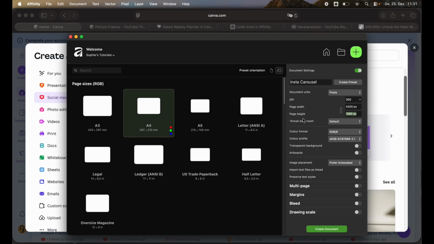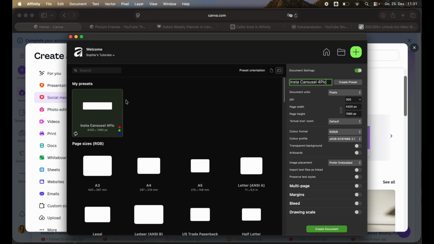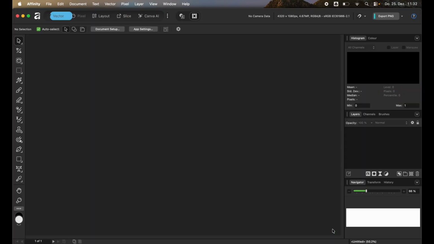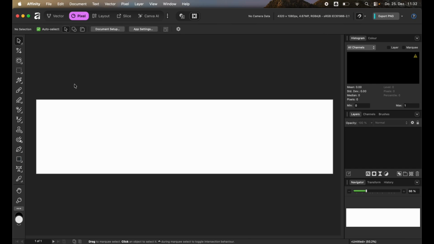All the other things can be as they are right now. So here you can also then add 4 pics so that you know that it is a 4 picture carousel. You can create a preset so that you always have this set up, and then you just want to hit on create document, and now you want to make it a bit more easy for you